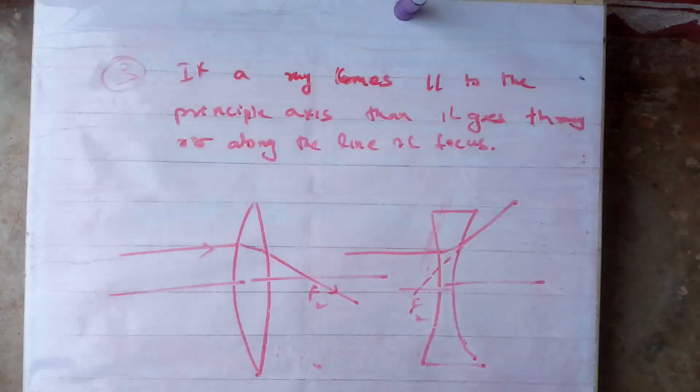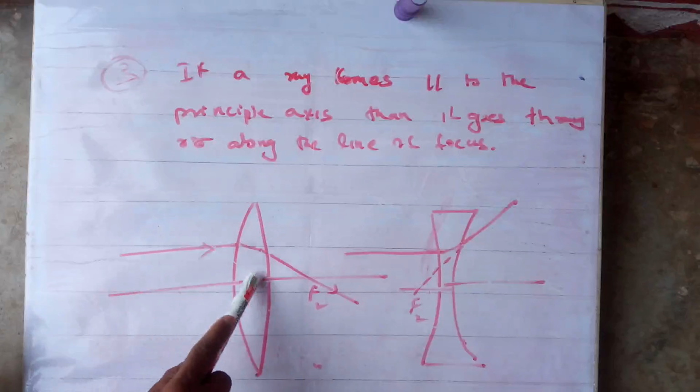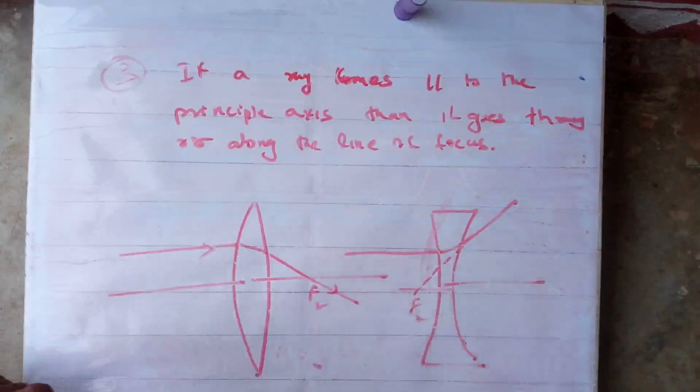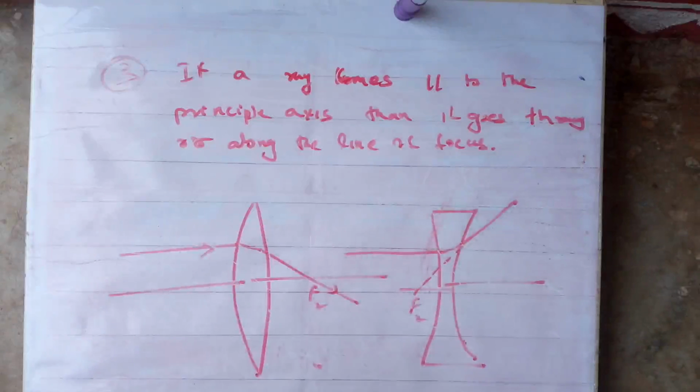These are the rules we can say to construct the ray diagram, the 3 principal rays you will take. First, if a ray passes through the optical center, it goes without any deviation. Second, a ray started from the focus or along the line of focus becomes parallel after refraction. Third one is this one: a ray coming parallel to the principal axis goes along the focus after refraction through the lenses. Out of these 3, we need just 2 rays to draw the ray diagram of an object. Okay, 2 rays we need. We will use any of these 2. Clear?